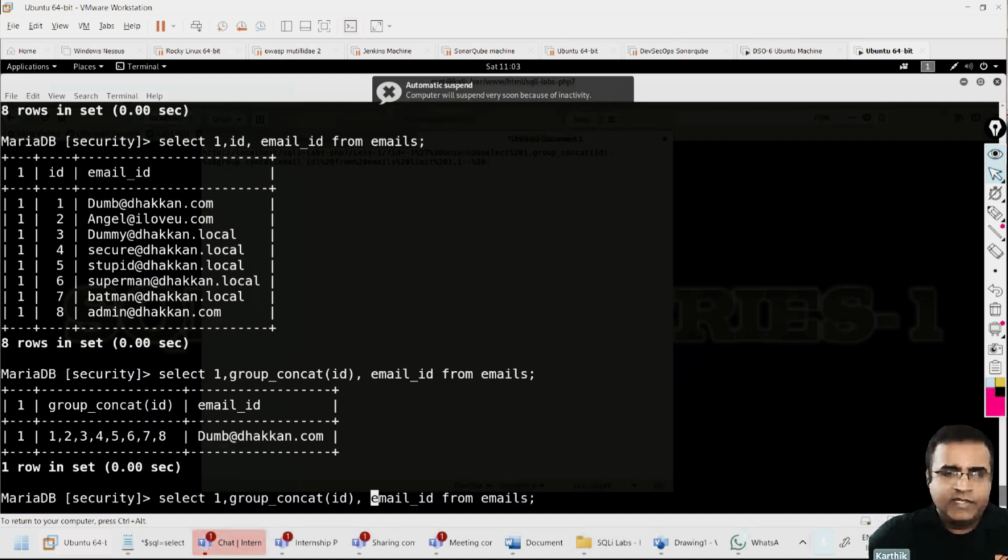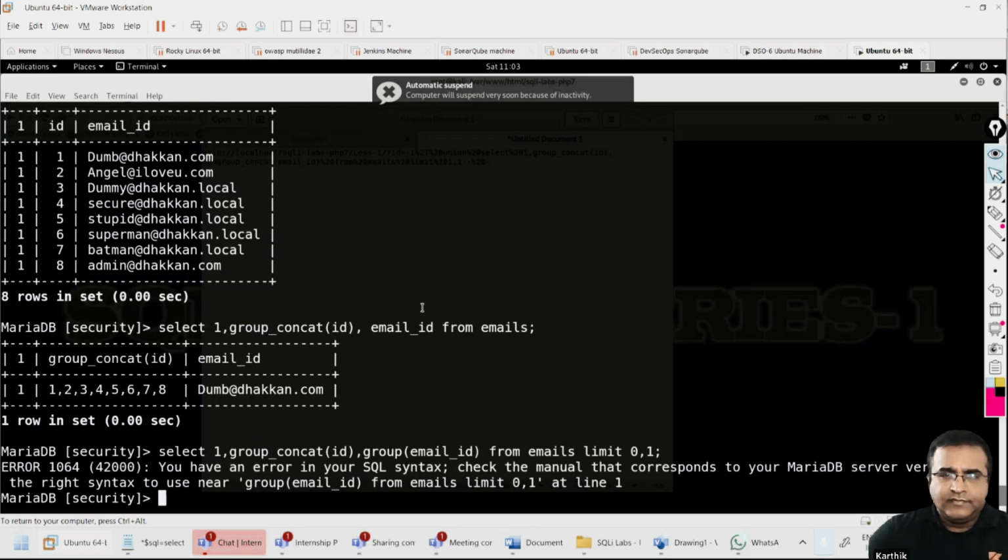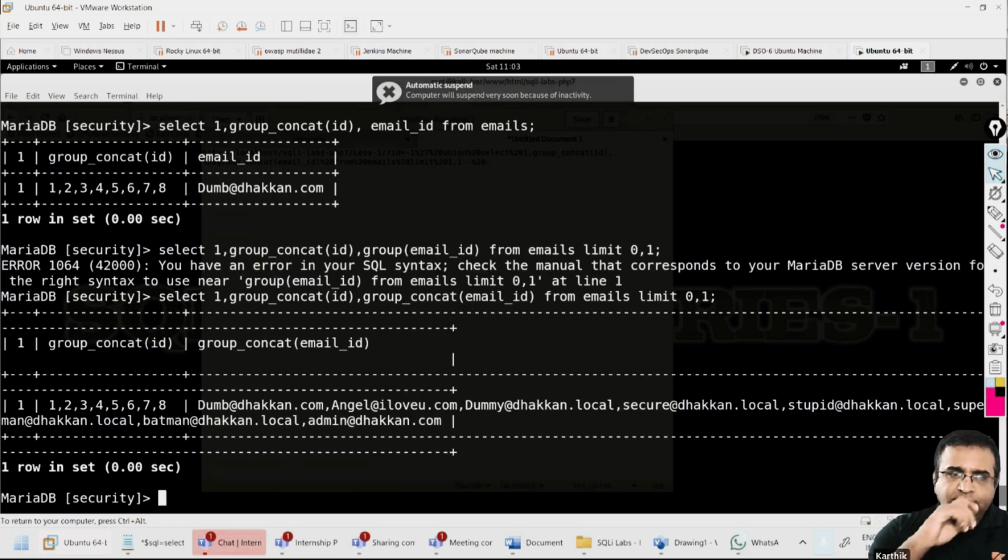What it is doing is that it is taking the complete column and putting it into a single field. Yeah, see, this entire thing is working.